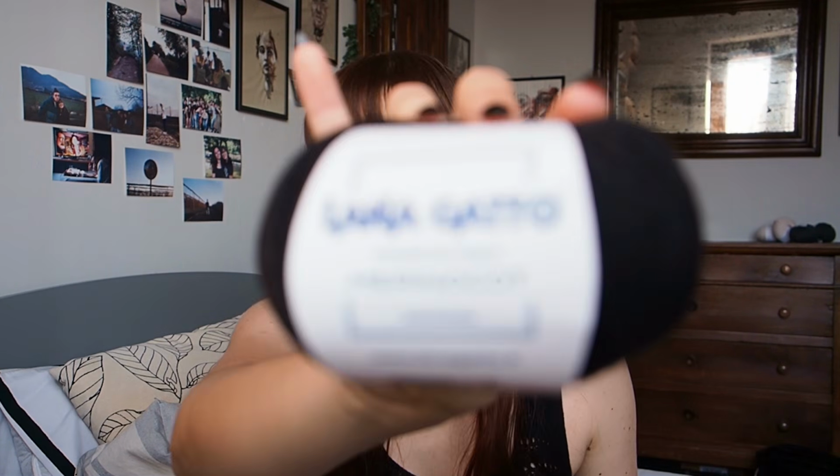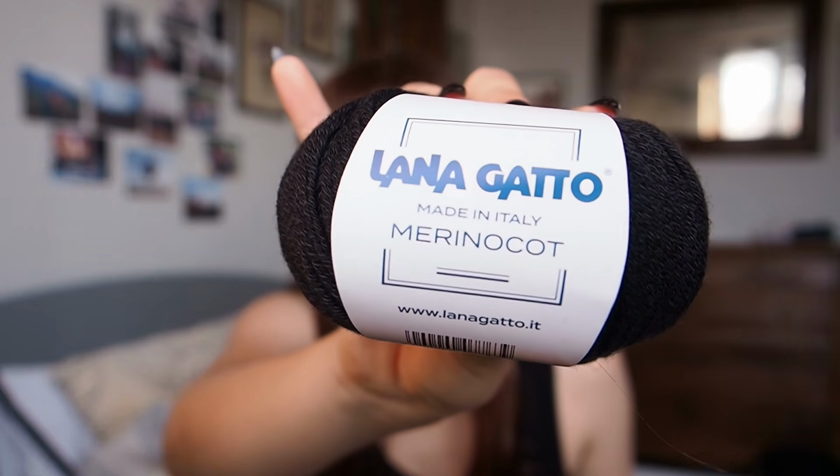I'm using the Lana Gatto MerinoCot yarn, which I have used before for my red ruffle cami. I just bought it in a different colorway. I bought it in black. I think it's 125 meters per 50 grams, and I am knitting this on 4mm needles. I think I maybe swatched for it on 3.5mm, because the pattern recommends 3.75 millimeters for the main yarn, and you should get a 22 stitch gauge. I think I swatched on both 3.5 and 4 millimeters, and I got closer gauge on 4mm needles,